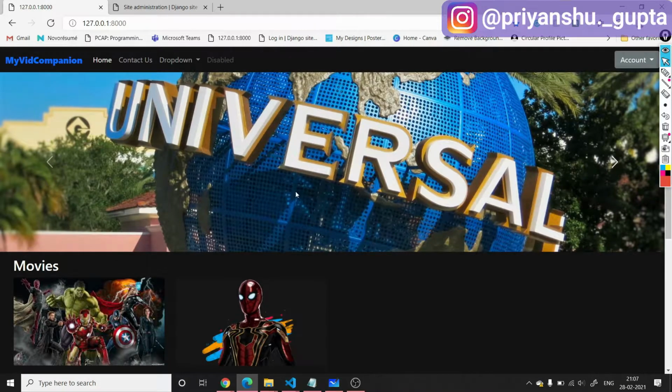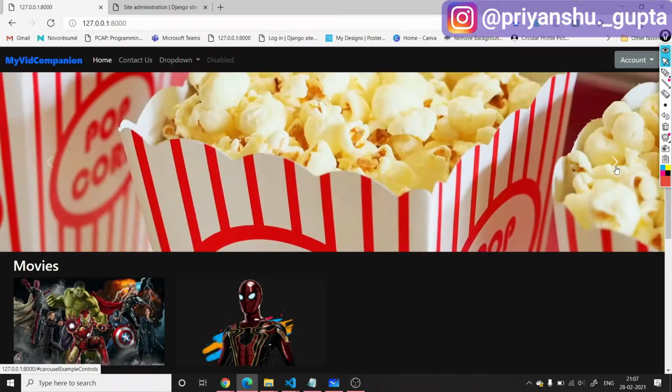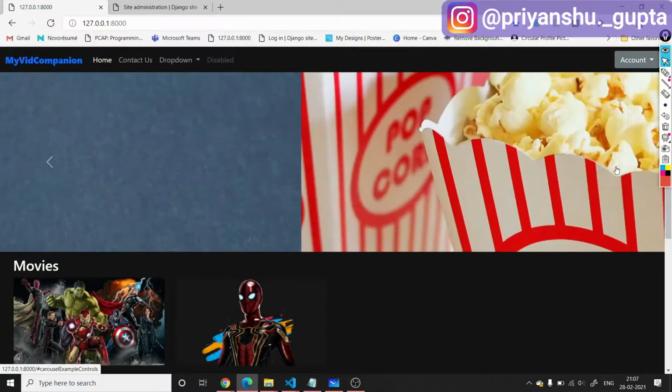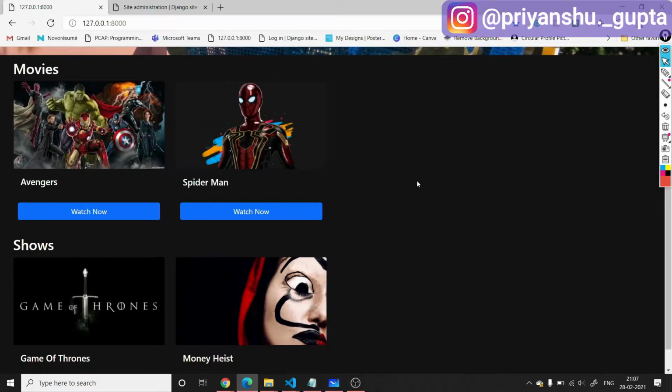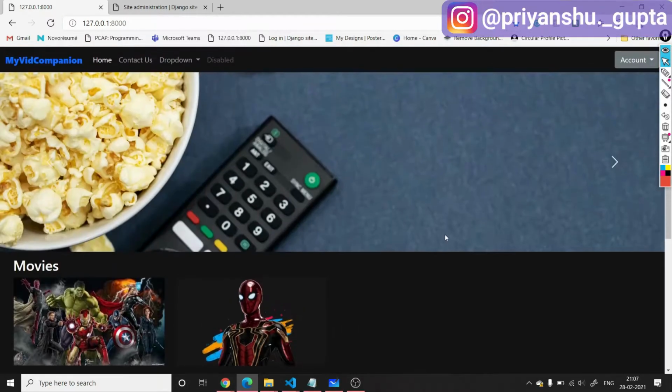So basically this is a slider here in which I have placed certain static files. Like these three images are static files, and the images that you can see here, like on movies banner, like this one and the shows images, these are basically the media files.